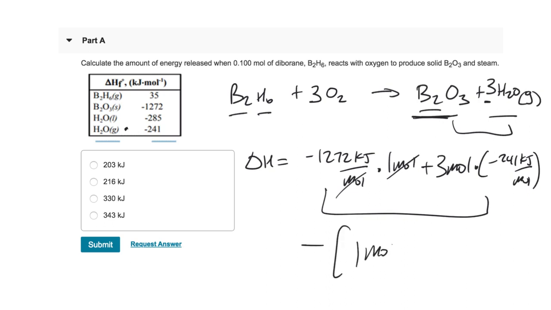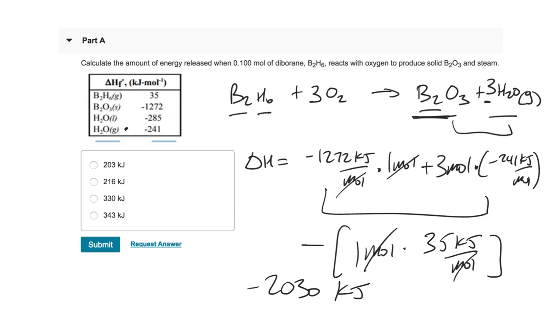And so 1 mole times B2H6, which is 35. So the mole cancels here. So I have minus 1272 plus 3 times 241 negative, and then minus 35 gives me minus 2030